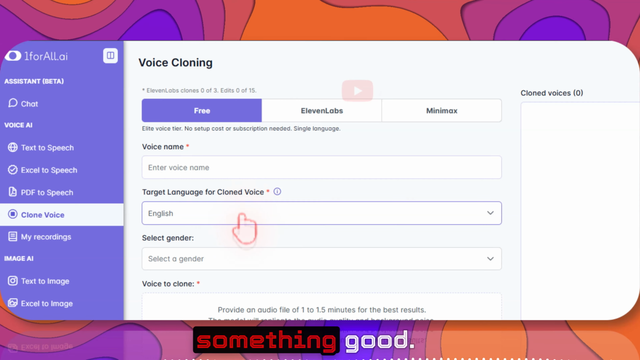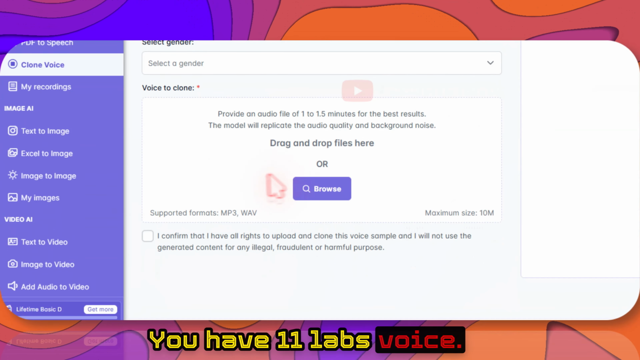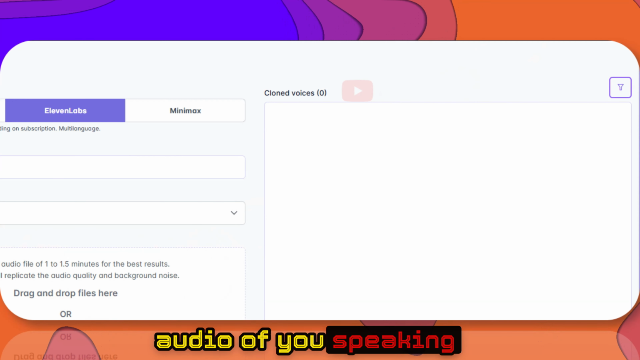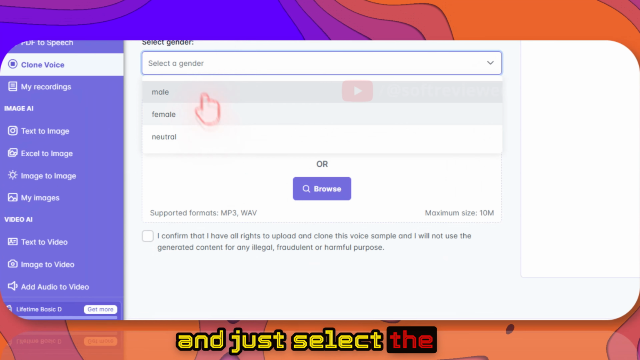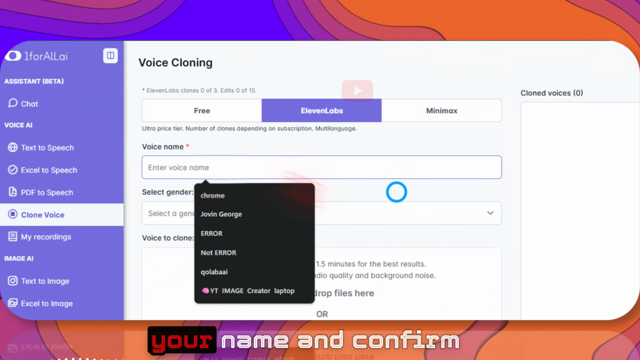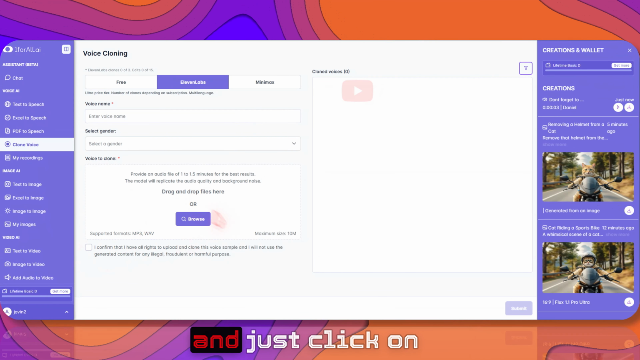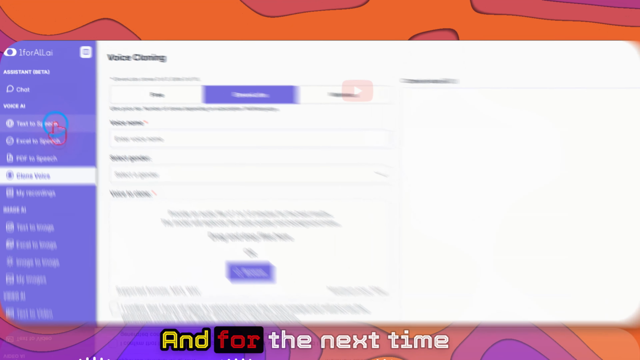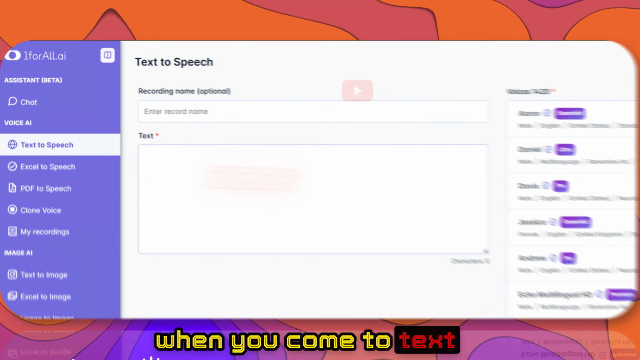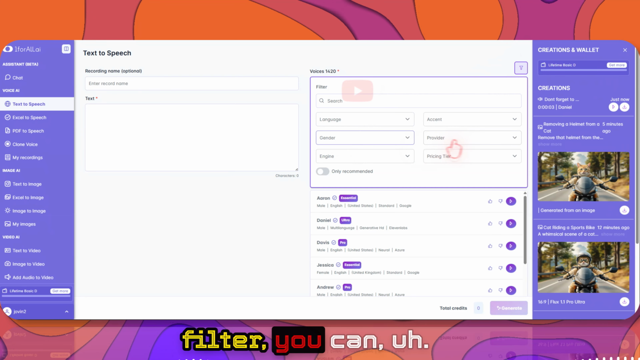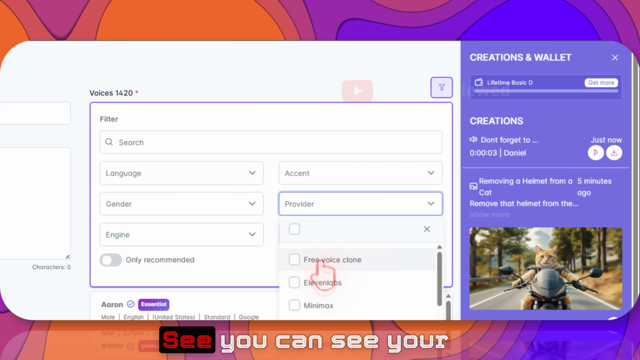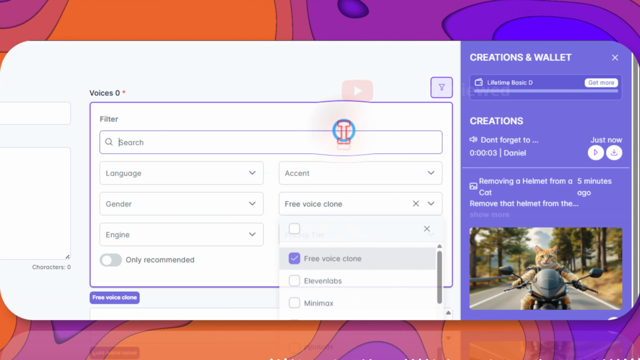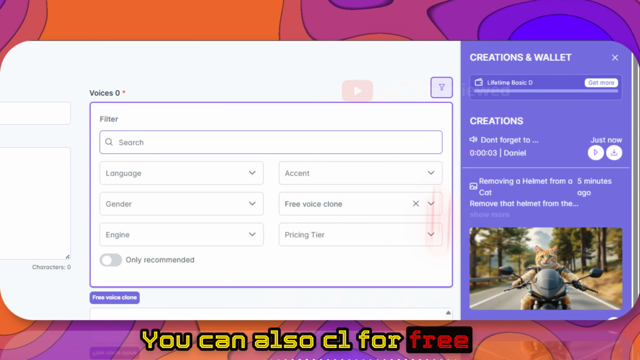And this is something good. You have 11 labs voice. You can just browse an audio of you speaking, select the gender here, enter your name and confirm, and just click on record and it clones that voice for you. And the next time when you come to text to speech, here in the filter you can see your cloned voice here, right? You can also clone your voice for free